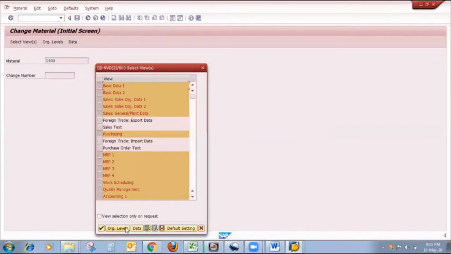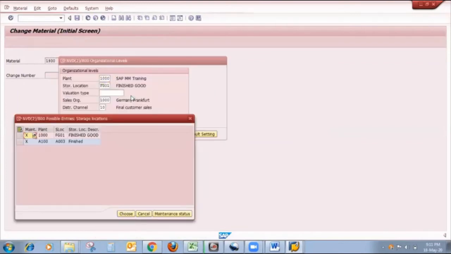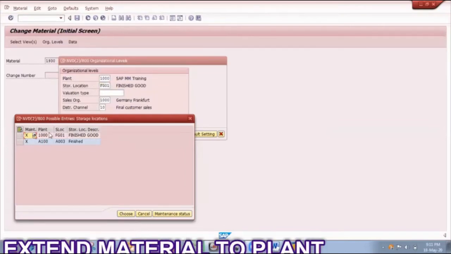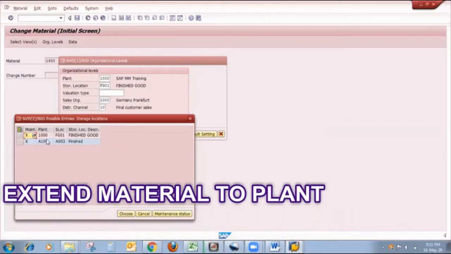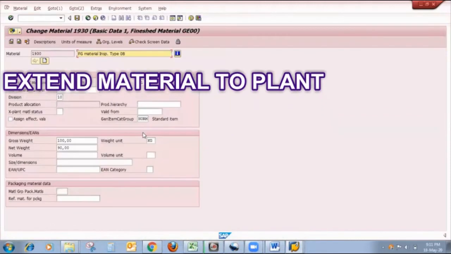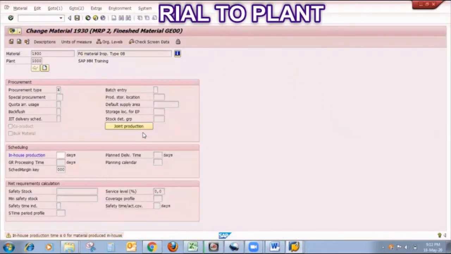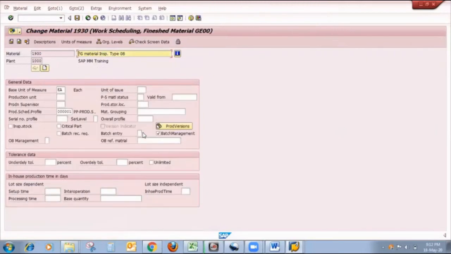Yes, here as you see, I want to extend, or I already extended, this material for two plants. My first plant is 1000 and my second plant is 100. So I will check all master data for both plants. Yes, all MRP views are okay.